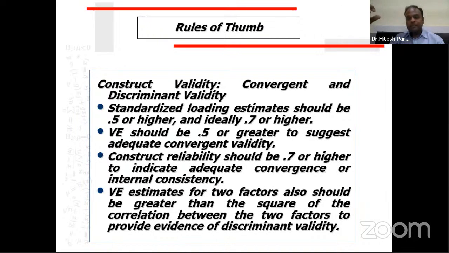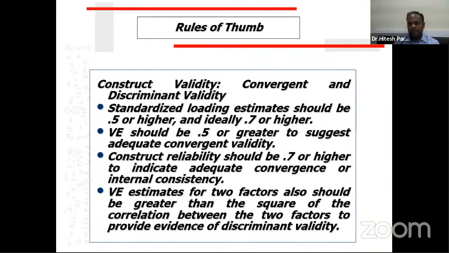So how can we check the discriminant validity? That average variance extracted should be higher. Why? Because the construct should explain more with itself rather than sharing with the other construct. If the constructs are very similar, then they will share more of the things, and then the correlation will be higher. So what ideally we require is that the correlation between the factors should be low and average variance extracted should be higher. Then and then we can say that these 2 constructs are separated from each other